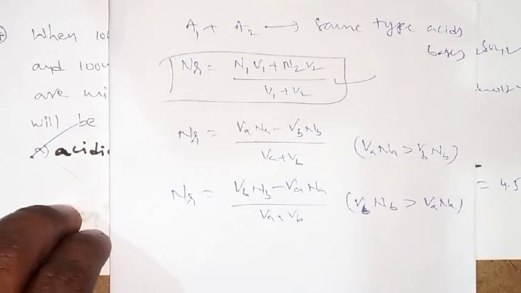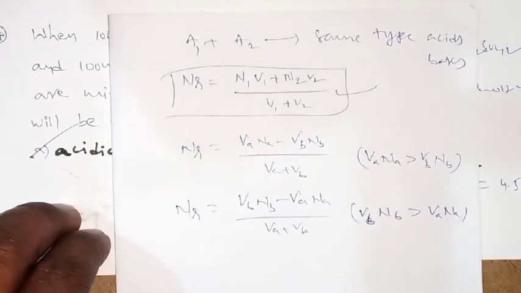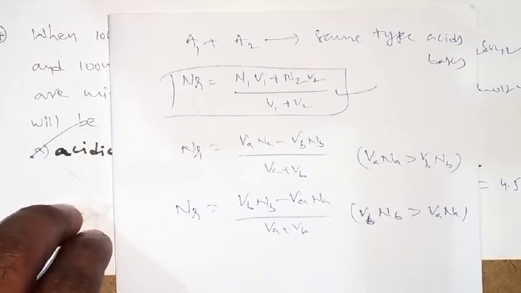The same concept is linked to the pH also. Sometimes they ask the same question about what is the pH. From here you can continue one more step: pH equal to minus log H plus. Is it clear? And here if you know the normality, you can get the molarity. If you know the molarity, you can get the normality.